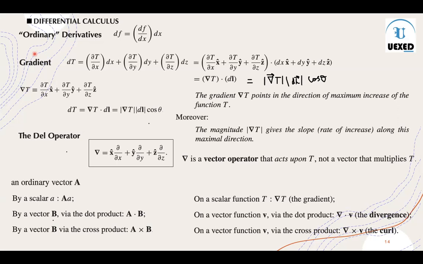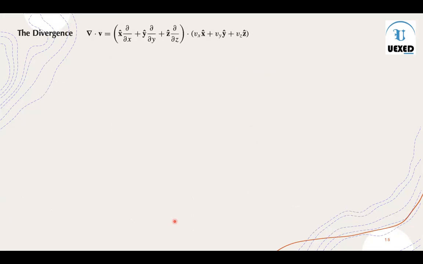Okay. But now we are talking about gradient, we are talking about the del operator, and we mentioned that this is a vector operator and this is not a simple vector, like an ordinary vector. So these things should be very clear in our mind. But it's good that you have asked this question. Okay. Very good. All right.